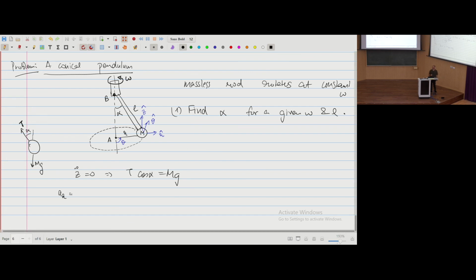Now let's look at the r hat direction. The acceleration in the r hat direction is, if you remember, r double dot minus r omega squared. r double dot is 0. It's rotating in a circle of constant radius. So we are saying that if you fix omega, it will take a fixed alpha. That means the r will also be fixed, so this term is 0. So we have a_r is minus r omega squared. So what that gives us,